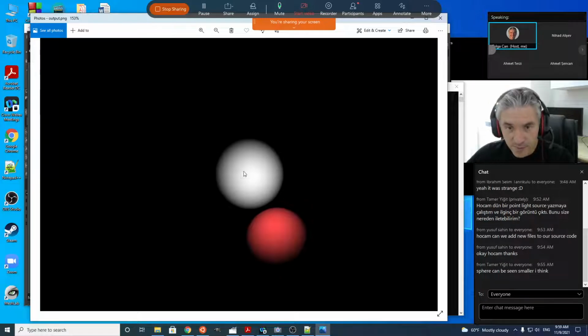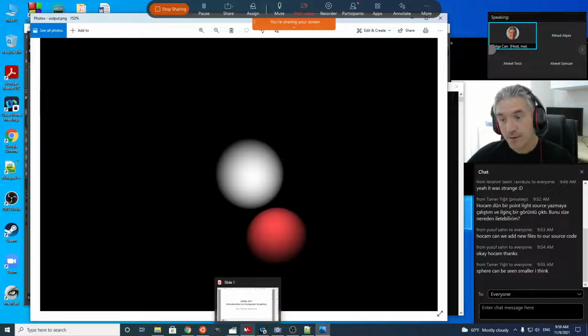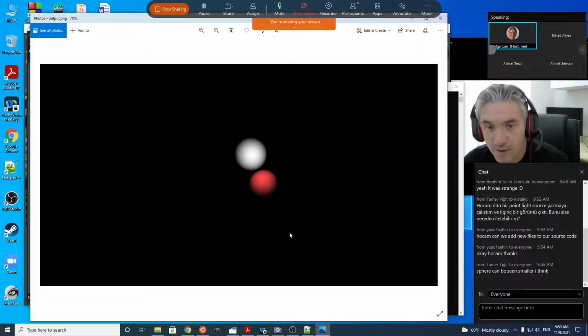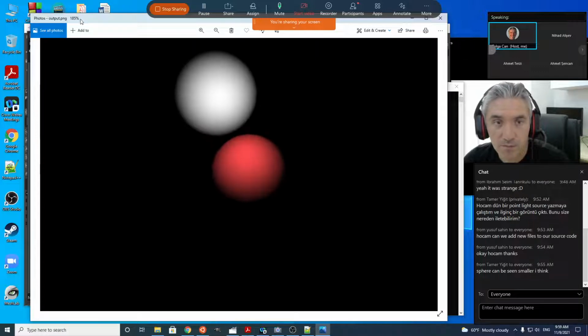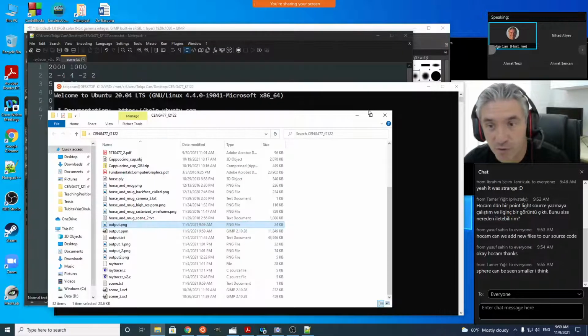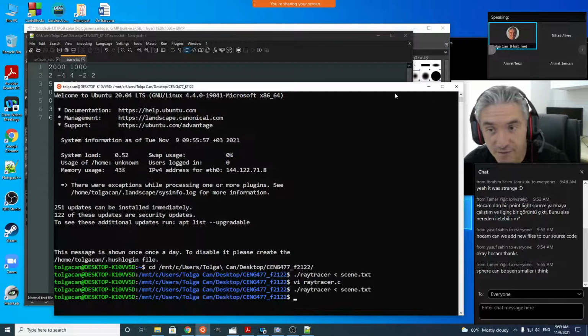Maybe this part is closer to white, but now you can see the shading effect, how the diffuse color reduces as the dot product of the normal vector of the surface with the light vector gets closer to 90 degrees. Okay, so you can try different changes. You can change the scene file to see different effects, change the colors, and the next thing you will do